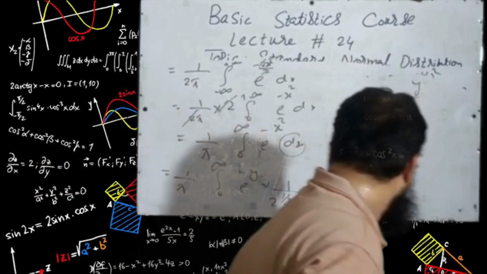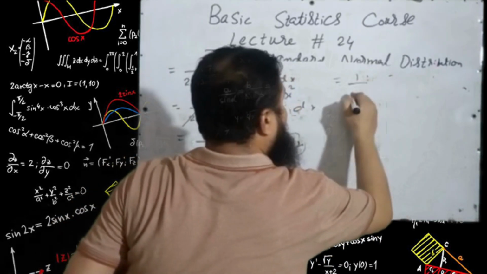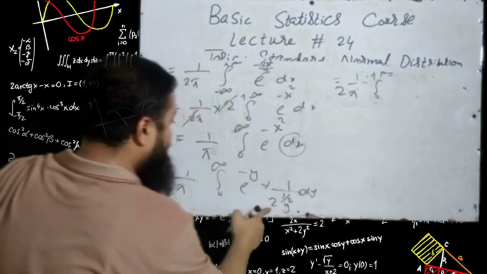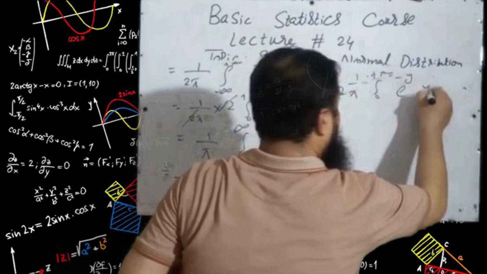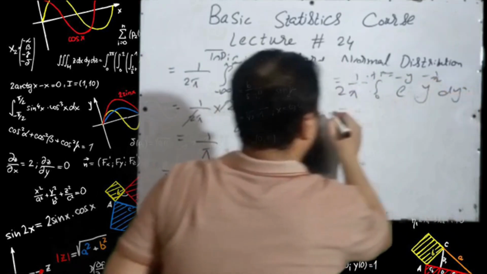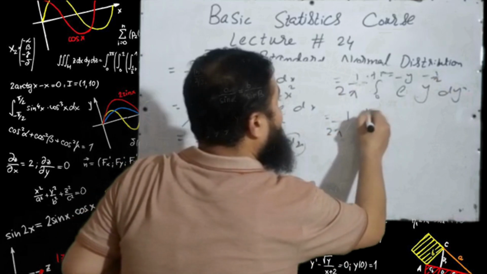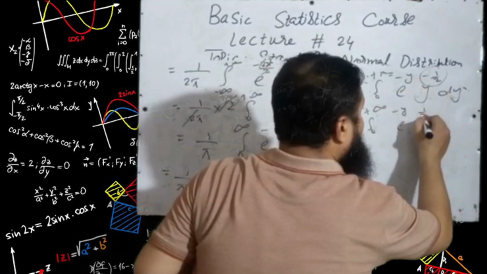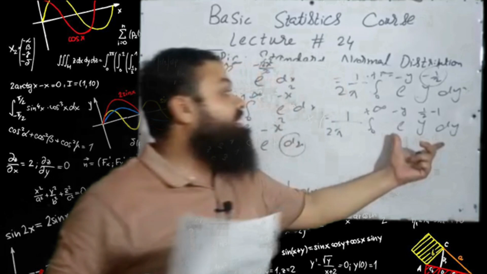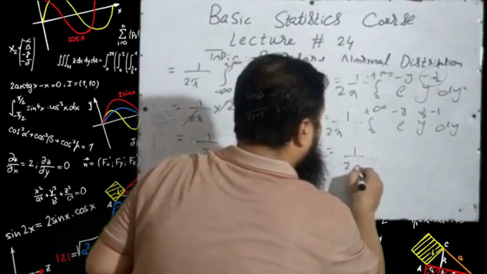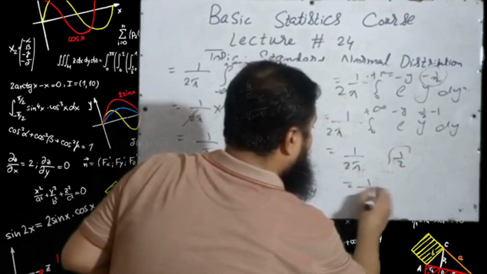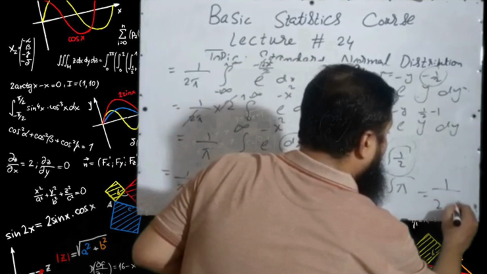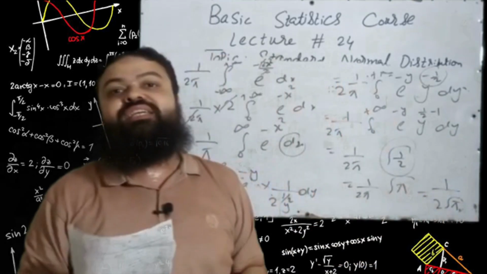Now what will you do? 1 over pi is the constant. 0 to plus infinity. The 2 will also be outside. E raised to power minus y, y raised to power minus 1 by 2 dy. 1 over 2 pi, integral 0 to plus infinity e raised to power minus y, y raised to power that can be written as 1 by 2 minus 1 dy, because I want to make it the gamma function. Now that will be equal to 1 over 2 pi gamma 1 over 2. Gamma of 1 over 2 is always equal to root pi. The last answer is 1 over 2 root pi. That will be the correct option in the exam.